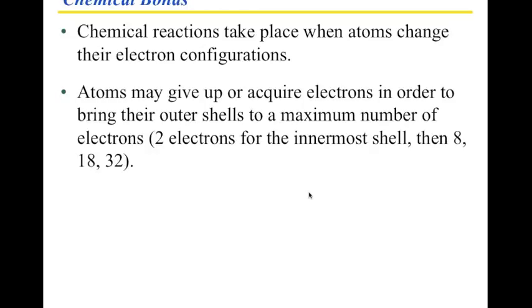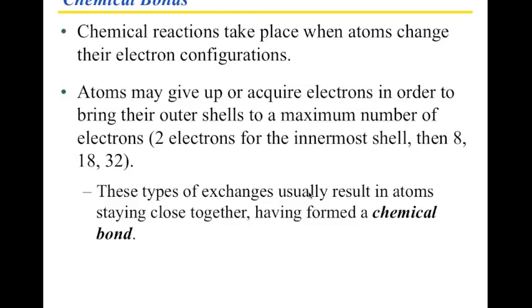Well, what does that mean? If you have 7 electrons on the outermost shell, you really want 8. What do you do? Well, the easiest thing is to add 1. So you're going to have to find an electron from someplace to add to your 7. And then you'd be nice and happy and stable, and perhaps it will help the other atom as well. And so when we're going to look at bonding, the movement of electrons is going to be something we're going to be very interested in.